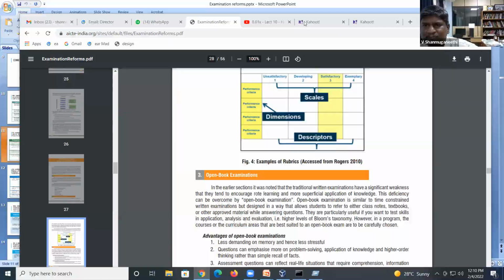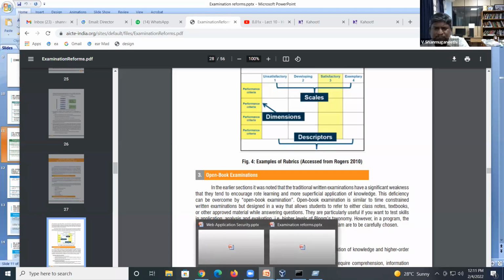I will stop sharing. If you have any doubt, I can clarify, because in the morning I had a different kind of session where I rushed through penetration testing. In the second session I kept on talking and did not do a demo. I hope both sessions are useful to you, and you can practice the content. If you have any doubt, you can ask me. I will clarify the doubt.